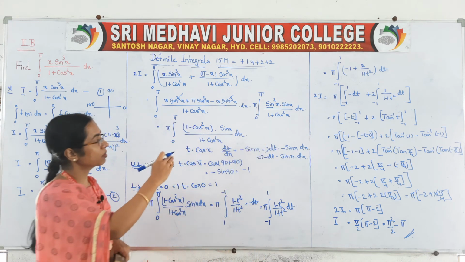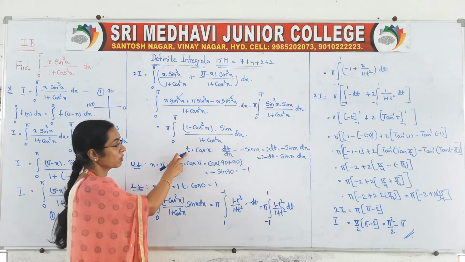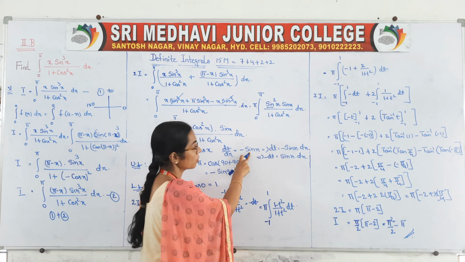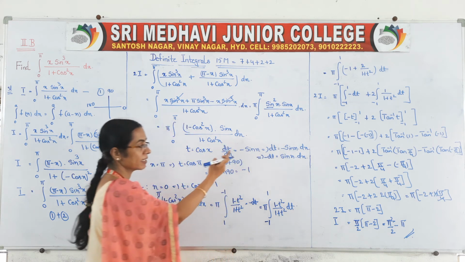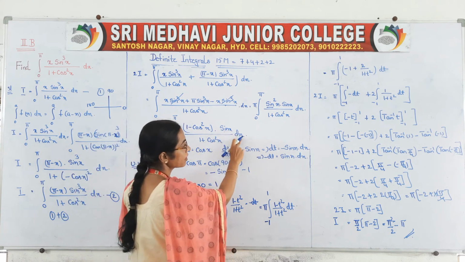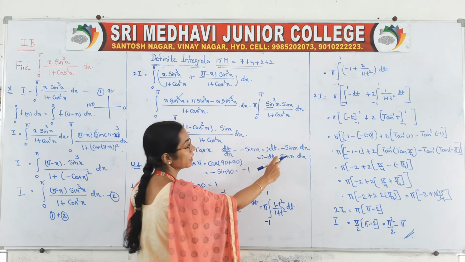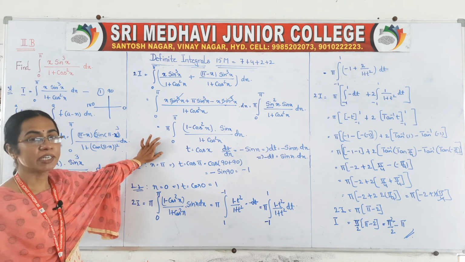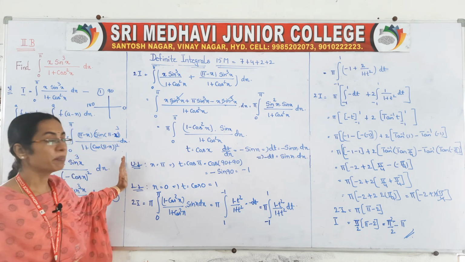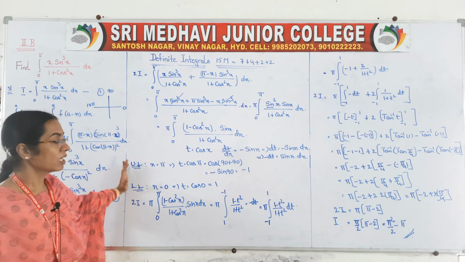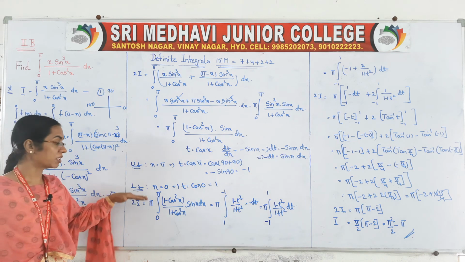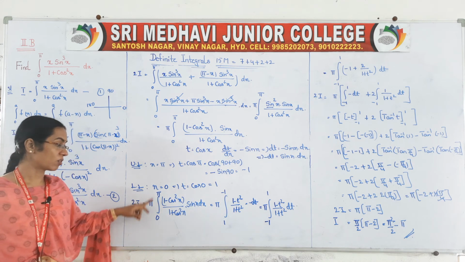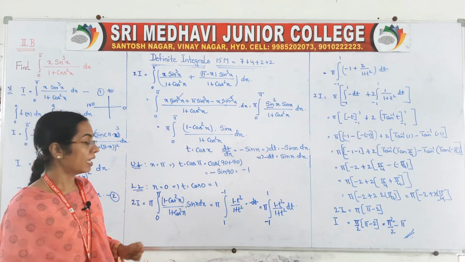Now, your problem is mostly in terms of cos only. That is why we have taken t is equal to cos x, then dt by dx is equal to minus sin x, and moving dx to that side, we have sin x into dx, that is why minus dt is equal to sin x dx. That means we converted the problem in terms of t, so convert the limits also in terms of t. First you convert the upper limit, then you convert your lower limit, right. So 2i is equal to, you take the limits like this.